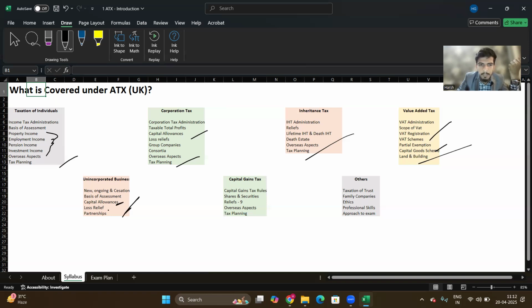अब लॉस रिलीफ आपको सबके अंदर अलग अलग देखने मिल जाएगी, है ना, क्योंकि अगर इंडिविजुअल्स है उसके लिए अलग रहेगा, कॉर्पोरेट्स है उसके लिए यहाँ पे लॉस रिलीफ आप किस तरह से लेंगे वो अलग रहेगा। ओके, सिमिलरली यहाँ पे कैपिटल गेन्स टैक्स, जो भी आपको कैपिटल गेन होता है ना, एसेट्स, शेयर, सिक्योरिटीज, ये सब बेचने से आपको जो भी कैपिटल गेन या लॉस होता है, ये सब चीजें हम यहाँ पे कवर करेंगे। उसमें आपको 9 रिलीफ्स देखने को मिल जाएंगे।